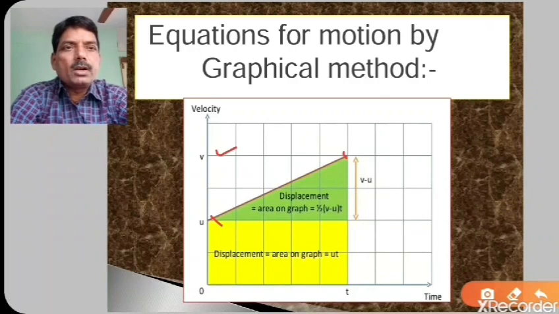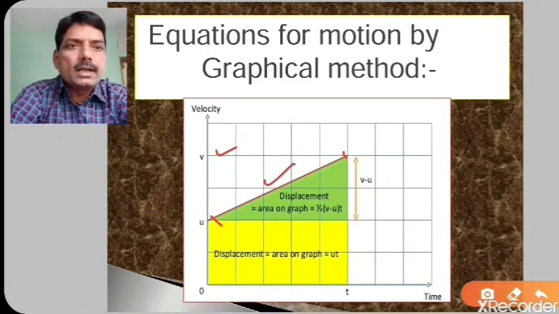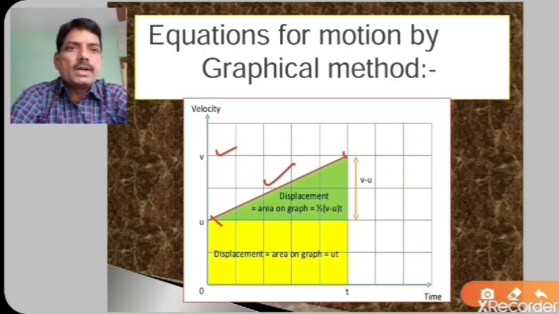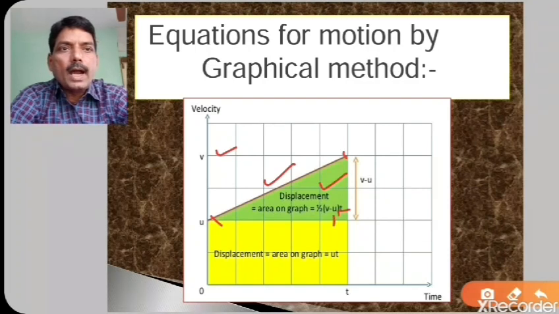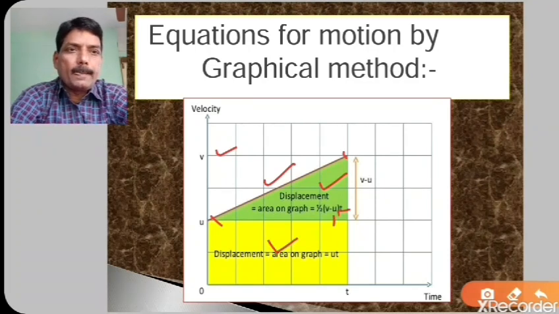So the displacement of an object is given by the area under the curve. Suppose this is AB, this curve. I have already shaded this area under the curve in green and yellow. So that portion is divided into two parts. One is the right angle triangle, this is your right angle triangle here. And here you can say this is your rectangle. So I will take the help of these two shaded regions to calculate the displacement. So dear friends, now I will proceed to the displacement.